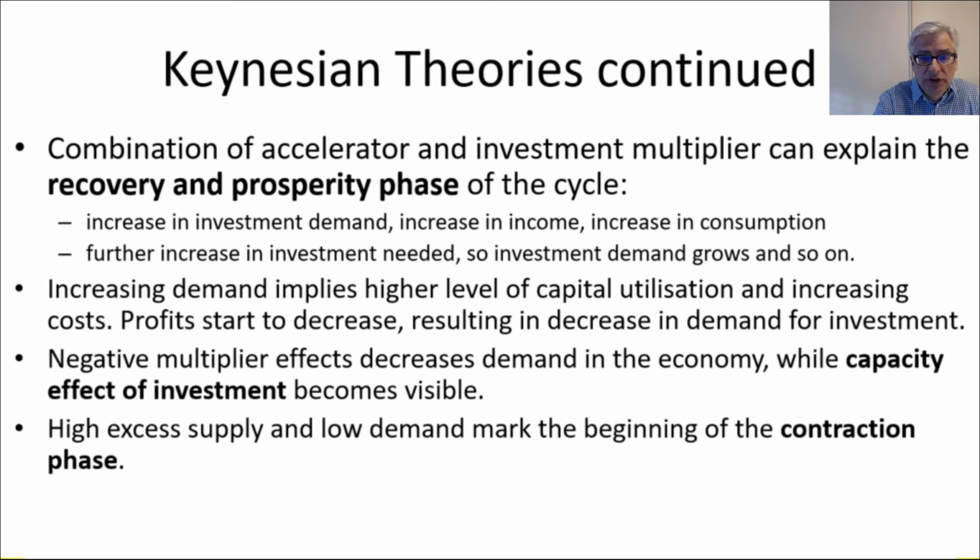This additional income would create additional consumption, and so on and so forth. So as you can see, this vicious cycle from the contractionary phase works the other way around in the recovery and prosperity phase. So the economy is boosting itself. This is a positive feedback loop. At a certain level, this ever-increasing demand, because of growing consumption, because of growing investment,